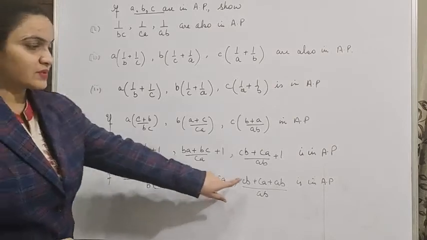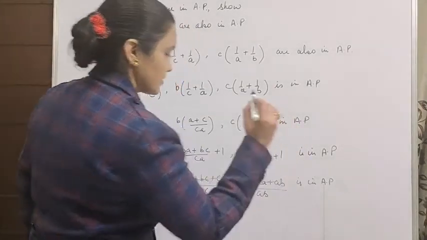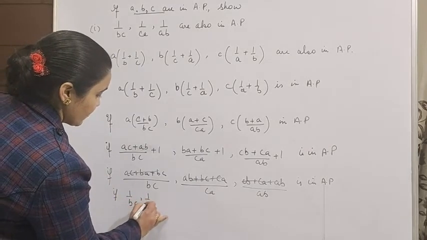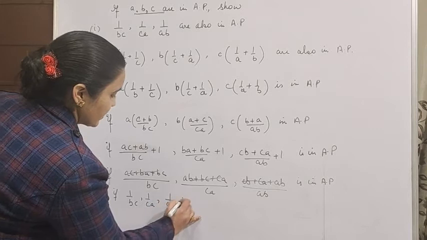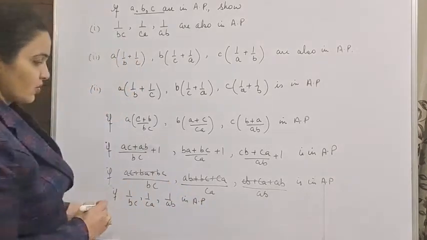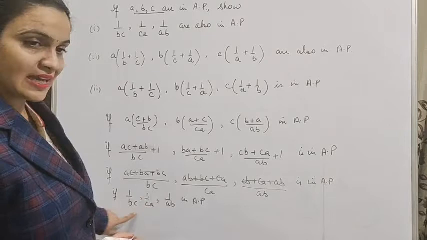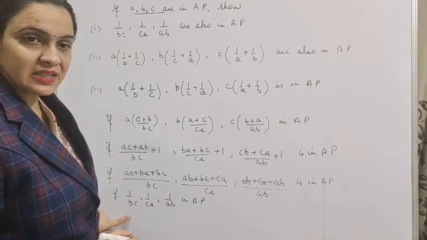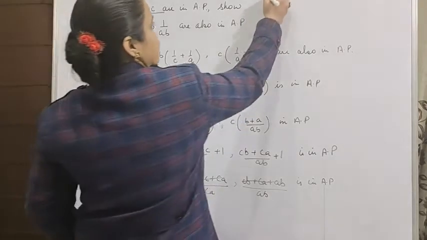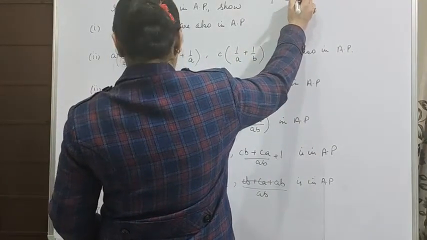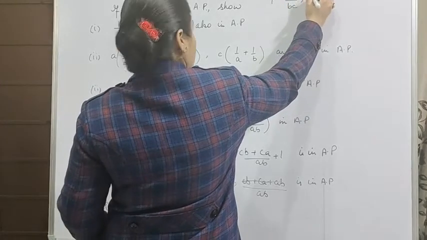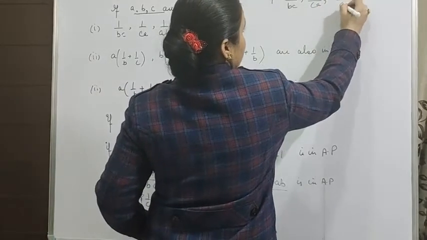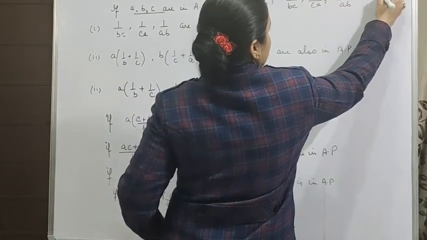ये देखो ये सारे टर्म सेम है. So divide with these terms. This all cancels. So if 1/BC, 1/CA and 1/AB are in AP, और अब क्या करेंगे, मल्टीप्लाई द 3 टर्म्स, जैसे हमने इस वाले क्वेश्चन में किया था फर्स्ट पार्ट में. Multiply the 3 terms with ABC. If ABC/BC, ABC/CA and ABC/AB are in AP.